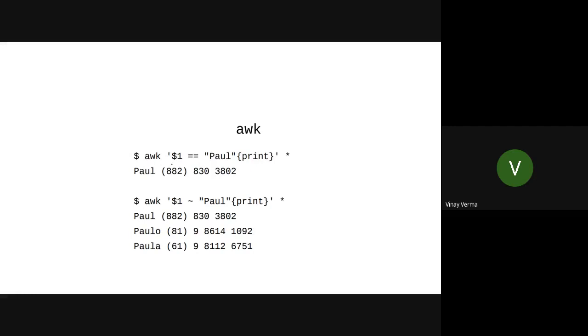So in this case, we are using AWK with $1 equal to Paul and print. So what it did is,